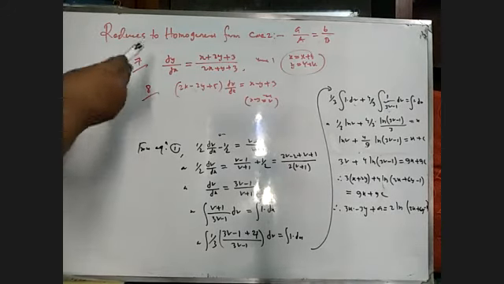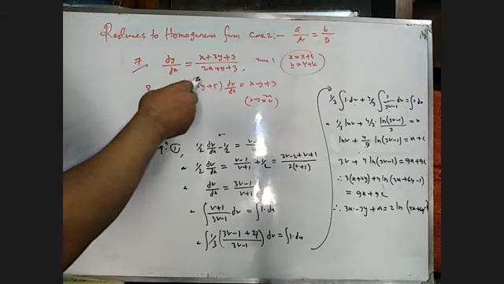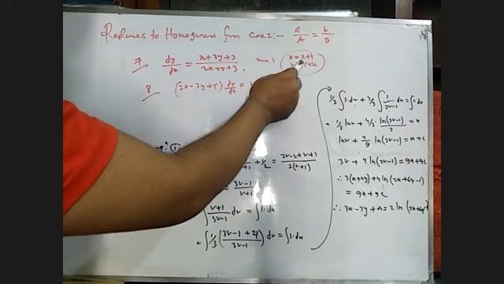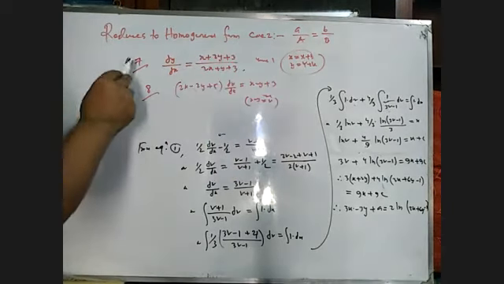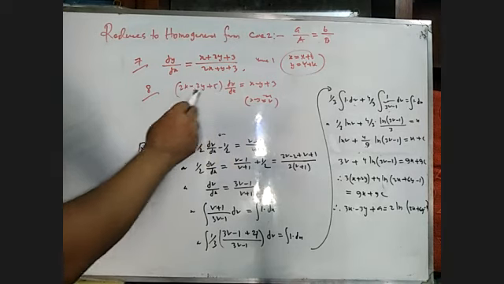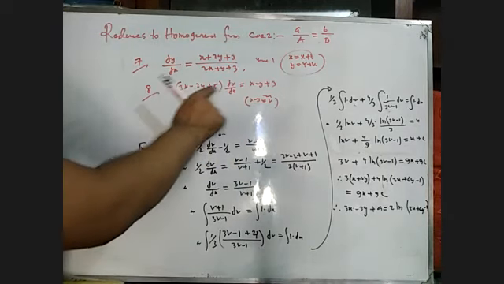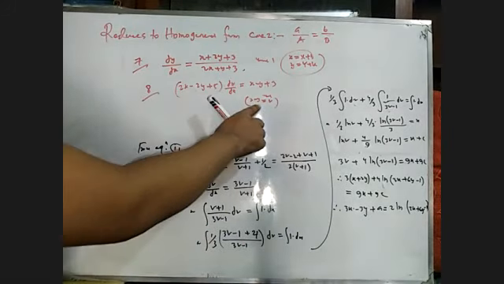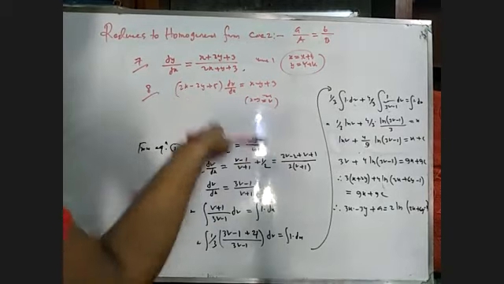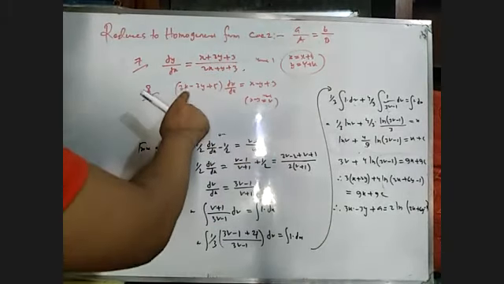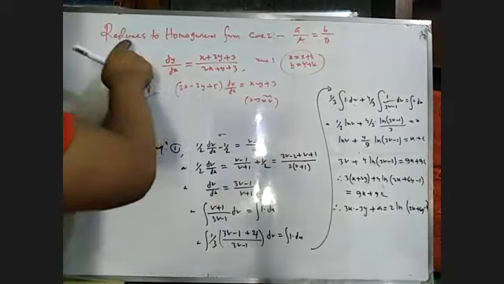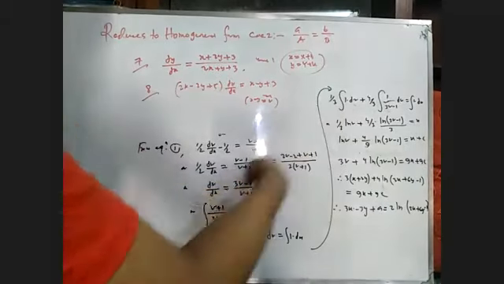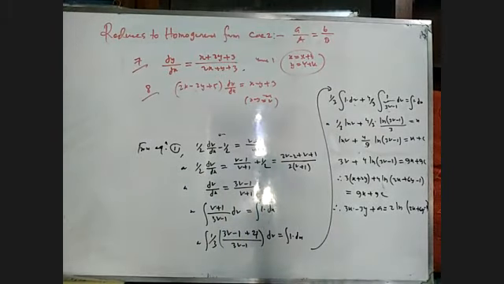Okay. So reduces to homogeneous form. There are two cases. For the first case, we have to substitute small x equals to capital X plus h and small y equals to capital Y plus k. This will be homework 7, and this also 8 will be homework. Just observing twice x minus twice y and x minus y. Considering x minus y equals b, because the coefficients are equal. Second case. This is case 2. Just using x minus y equals b, then using this process, like example 6, you can solve.